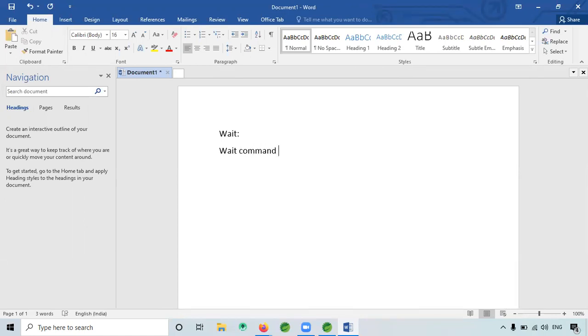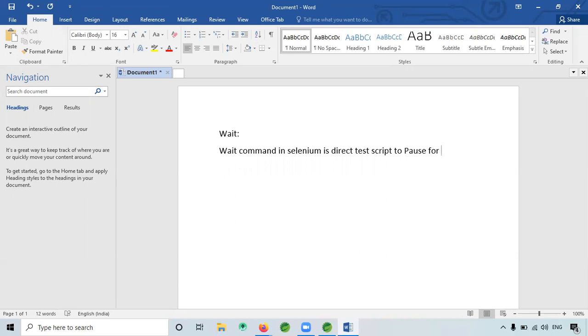Is it visible for you, what I'm typing? Wait command in Selenium is directing the test script to pause for a certain time. Like you said, during the wait, it will search for a particular element, and if found, it will proceed.